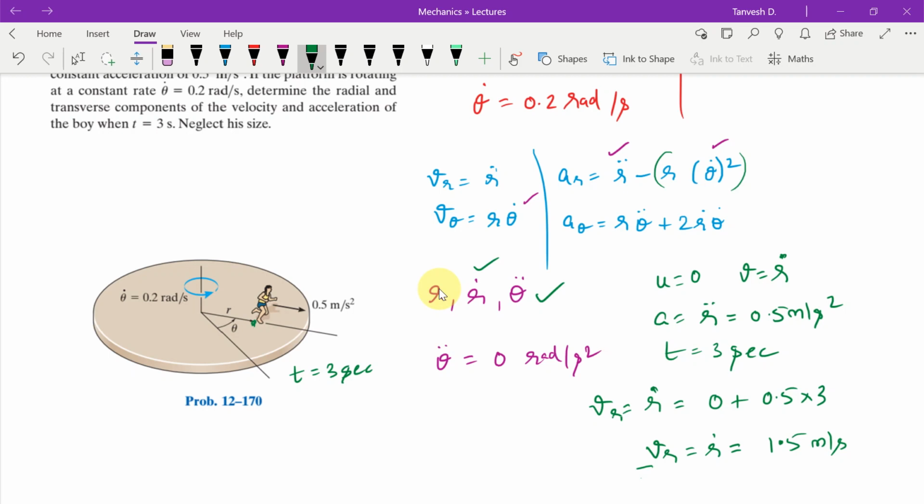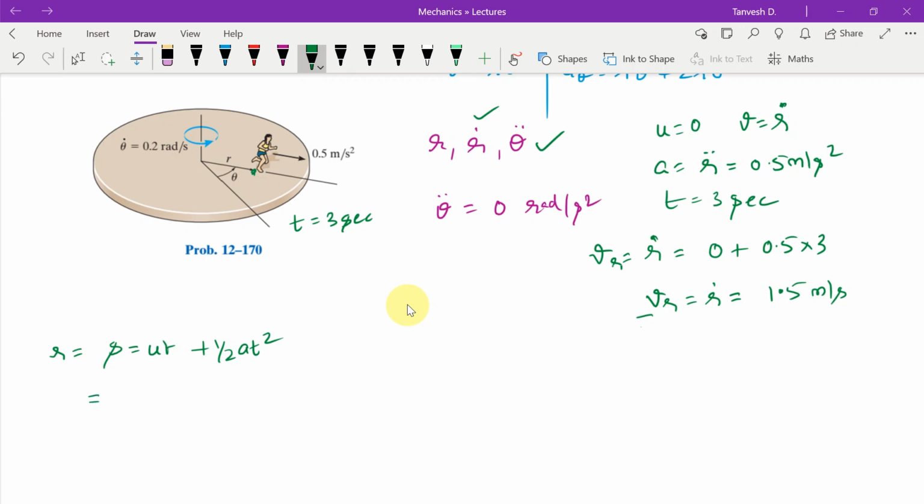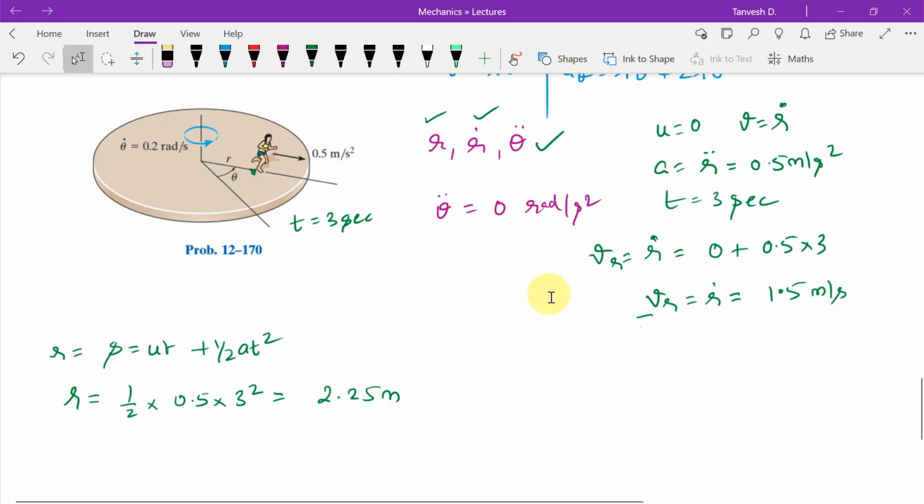Since this is a linear motion, we can find that using the linear equation of motion, s is equal to ut plus half at square. That is how much distance he has covered in 3 seconds radially. Here ut is 0, and s is r basically. So r is equal to half into 0.5 into 3 square, which is equal to 2.25 meters. So now we have found r dot and theta double dot,